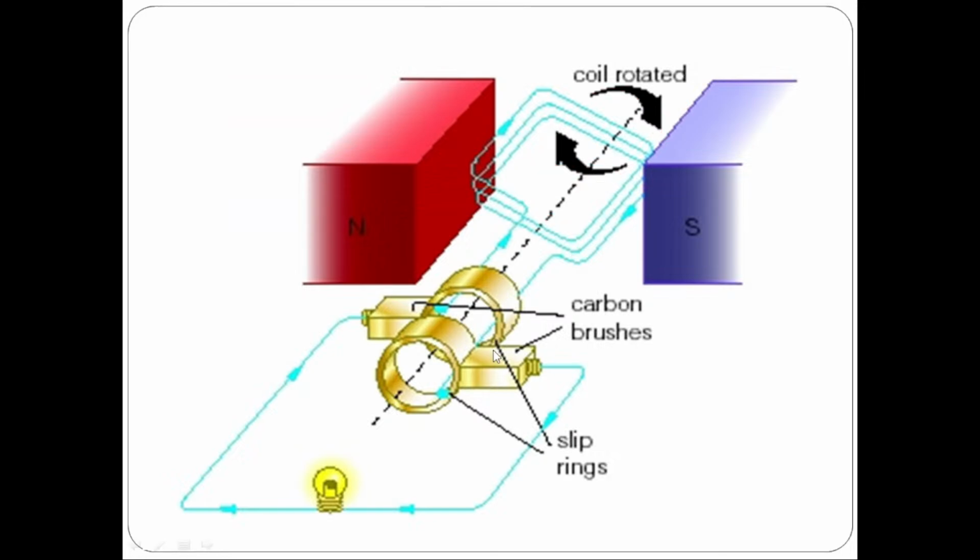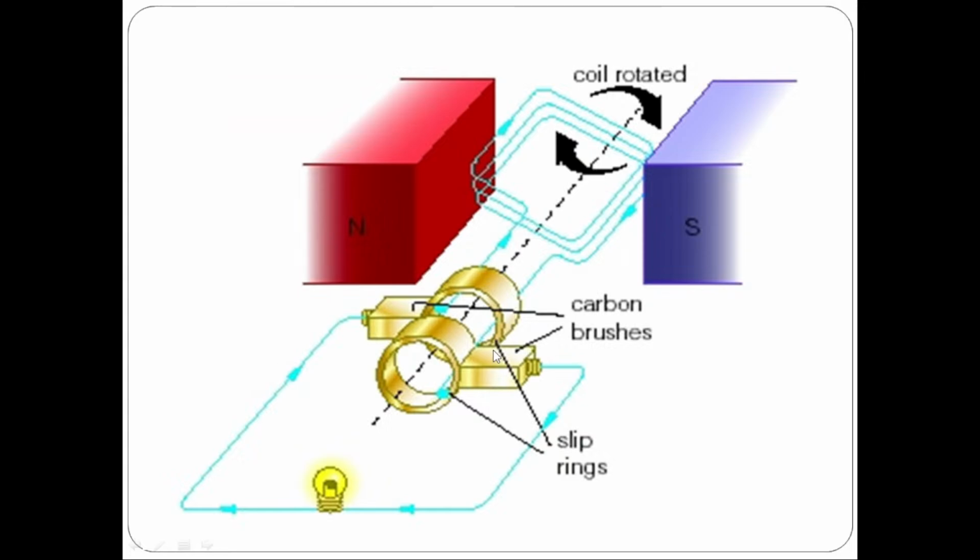So the induced EMF will be equal to n into d phi by dt, where n is the number of turns in the coil, phi is the flux that is traveling from north pole to south pole, and d phi by dt is the rate of change of flux with respect to time. I will erase the inks. All of you write down these equations. This is the voltage that is induced in the coil